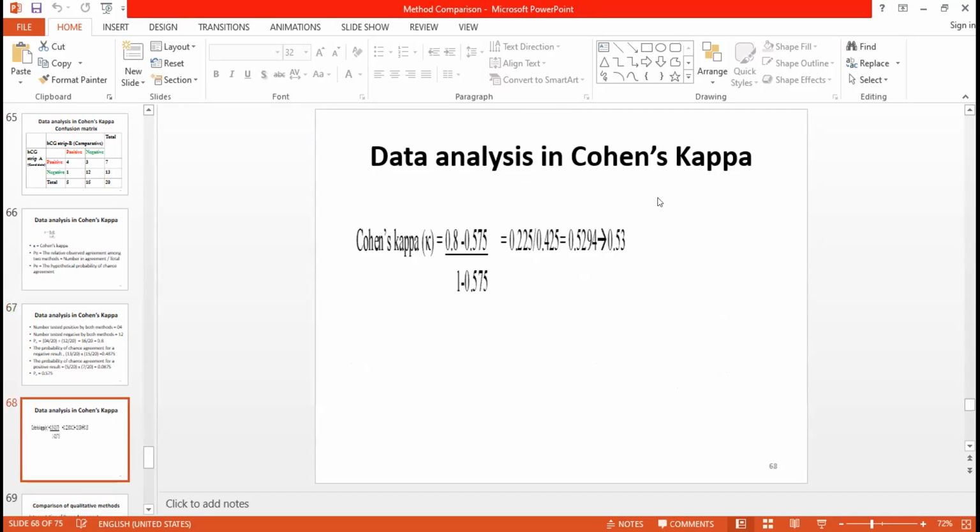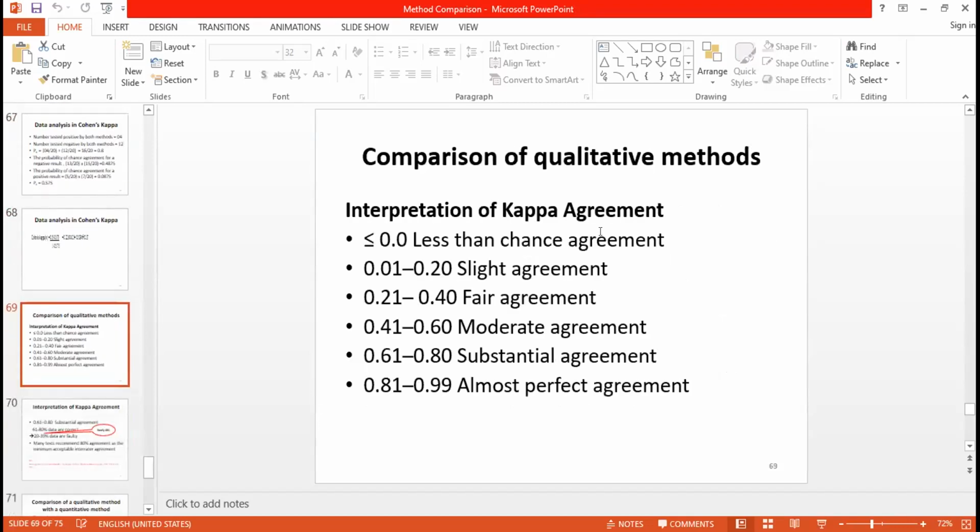The kappa value which I obtained was 0.53, which I interpreted against that. Now just look at these wordings: moderate, fair, slight, less than chance agreement. None of them sounds nice. So I will take that substantial agreement,